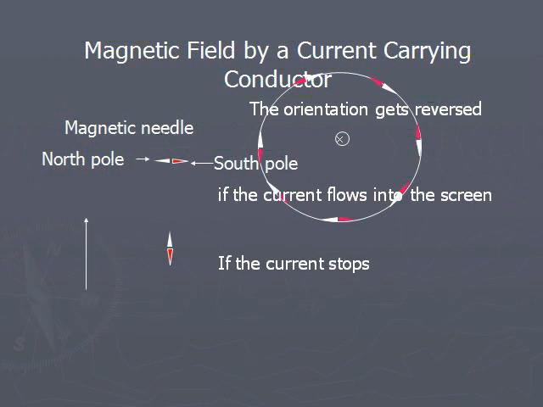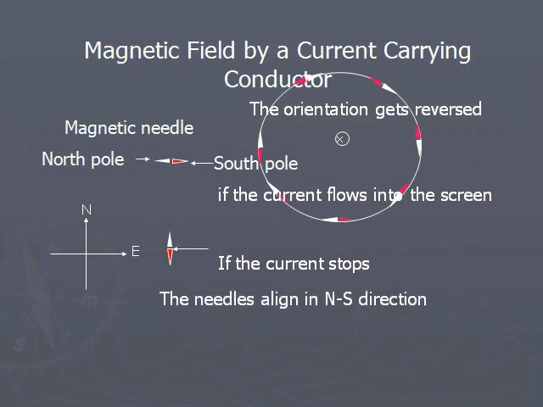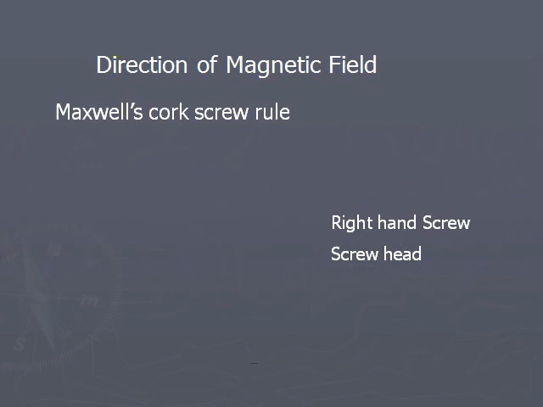So what we have to understand from this is, whenever a conductor is carrying current, around that conductor a magnetic field will be created. The magnetic field will be circular, and if the current is carried out of the screen, then the magnetic field will be created in the anti-clockwise direction. We use different rules for finding the magnetic field. For finding the direction of magnetic field, we use different principles.